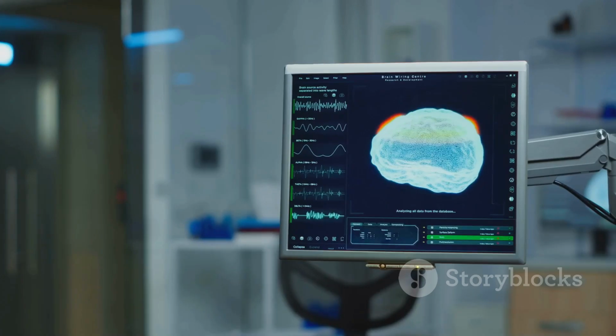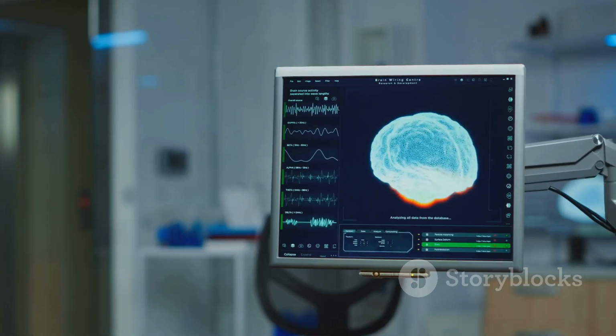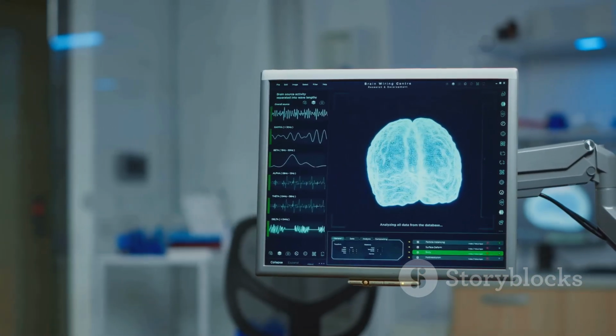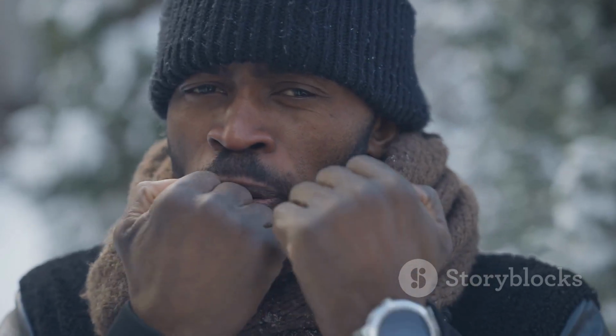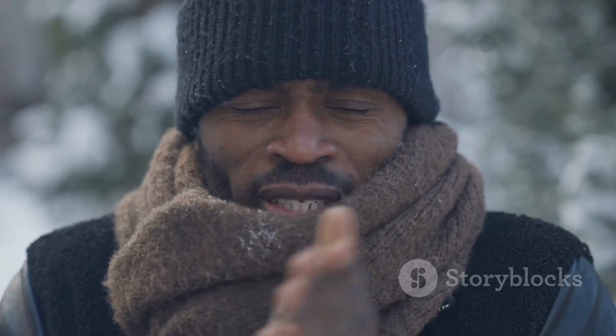The answer lies in a fascinating mix of our bodies and brains working together in harmony. It's a complex interaction that dates back to our ancestors. Goosebumps are a natural reaction to different situations. They are part of our body's way of responding to the environment. Sometimes we get them when we're cold, and this is our body's way of trying to generate heat by making